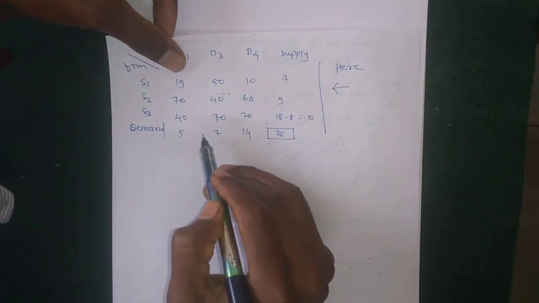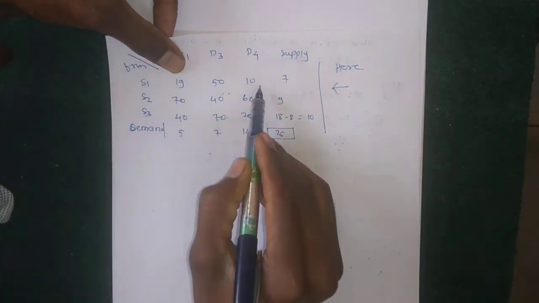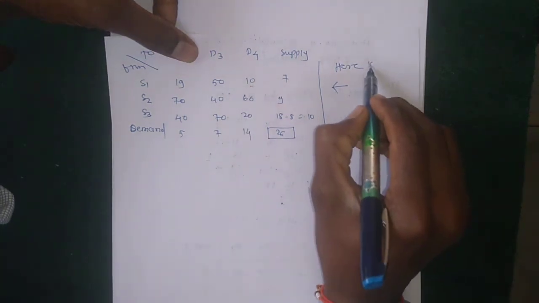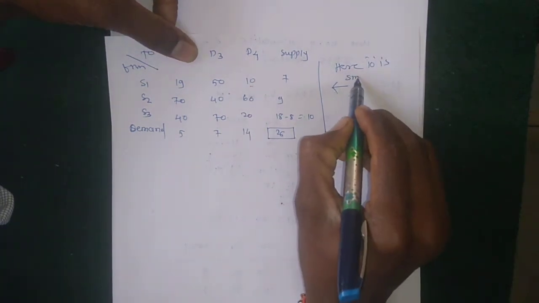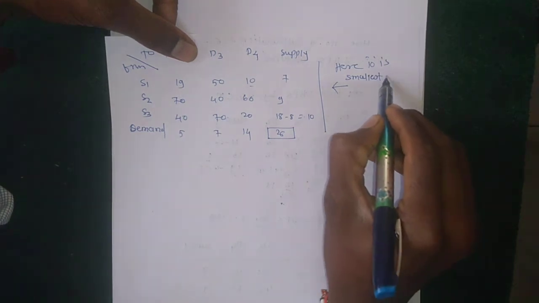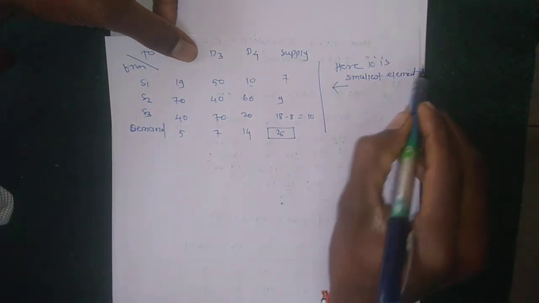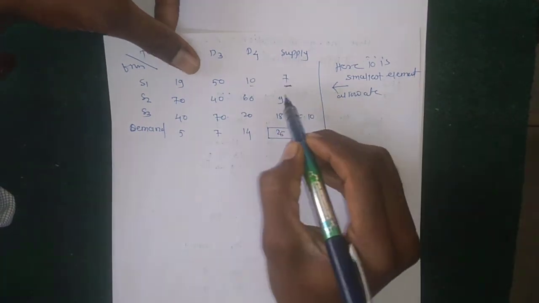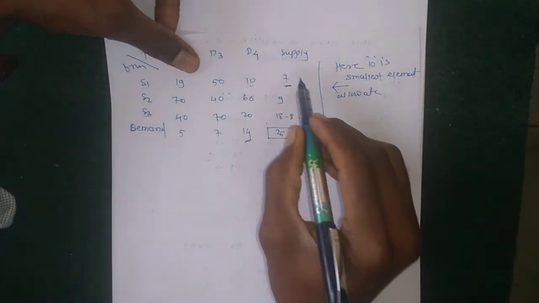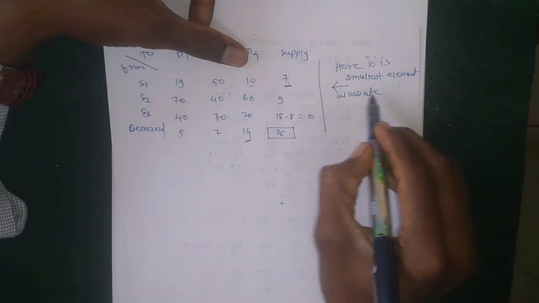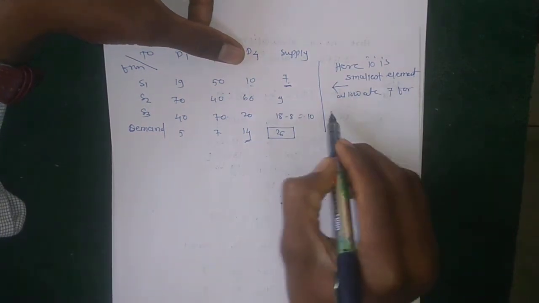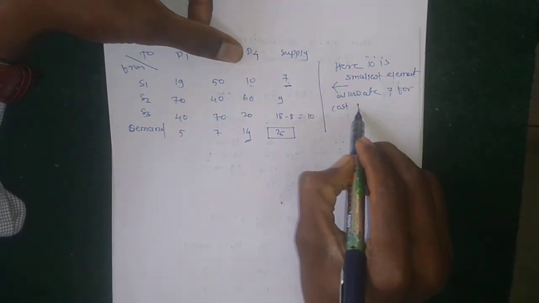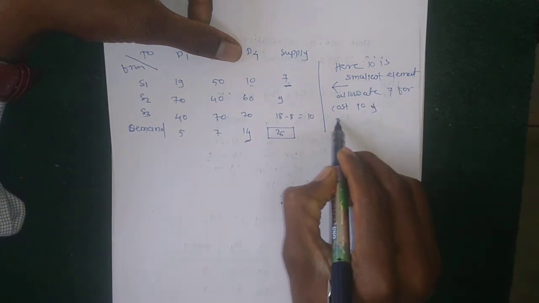So the smallest element here is 10. So allocate for this, allocate 7 out of 14. The lesser is 7. Okay, allocate 7 for cost 10,